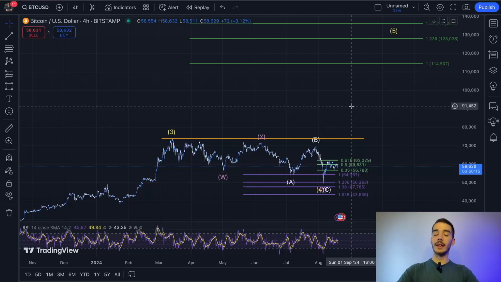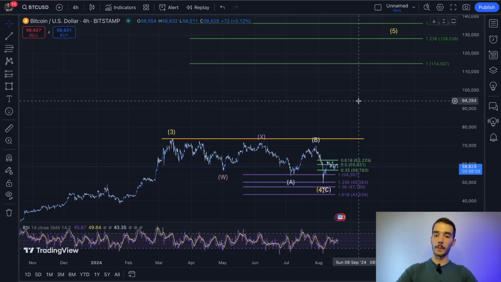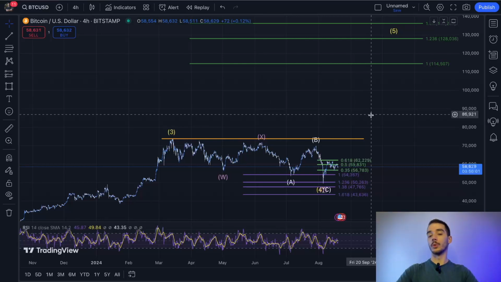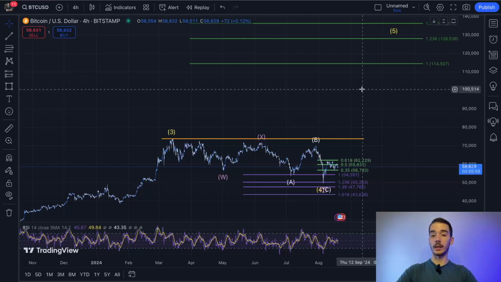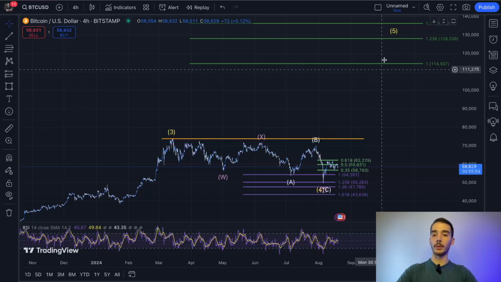The next leg up on Bitcoin should be between 85 to 95,000. And then we're going to see a little bit of consolidation, potentially even a super quick, short-lived correction, which won't be crazy. It could potentially even closely reach the current all-time high before jumping up higher, and then finally break it into